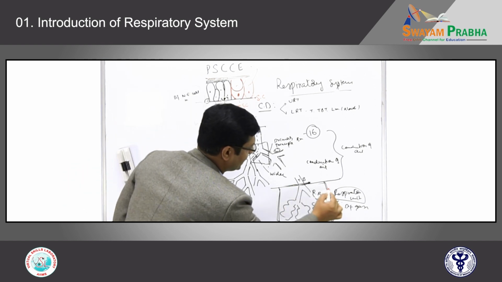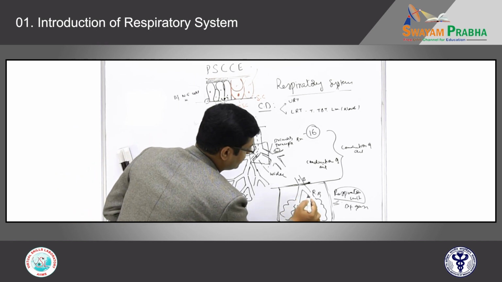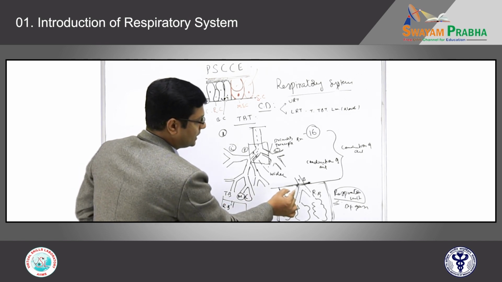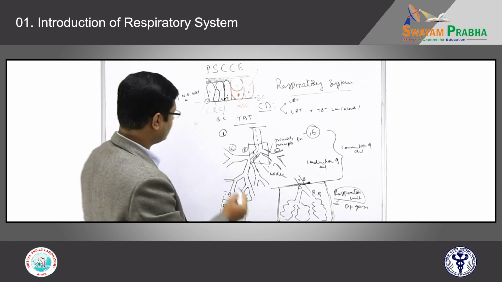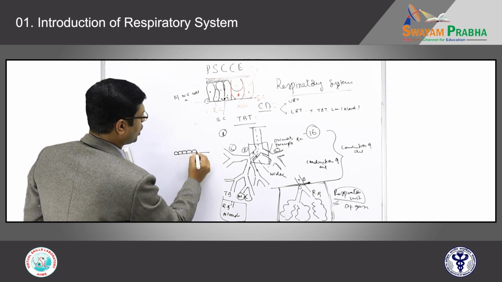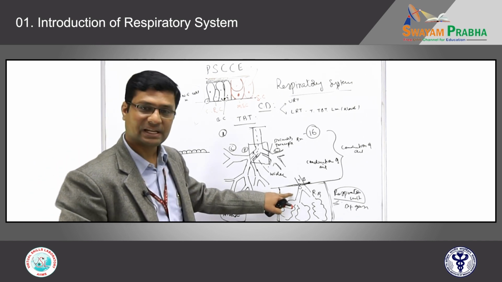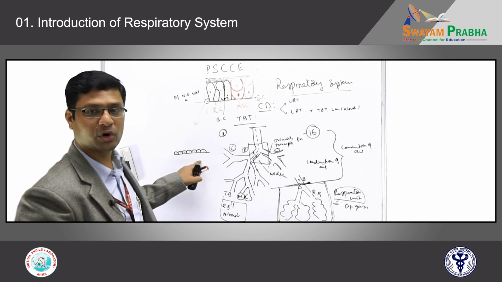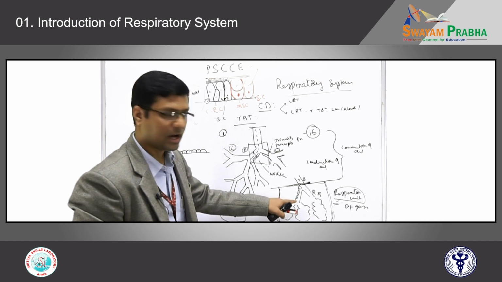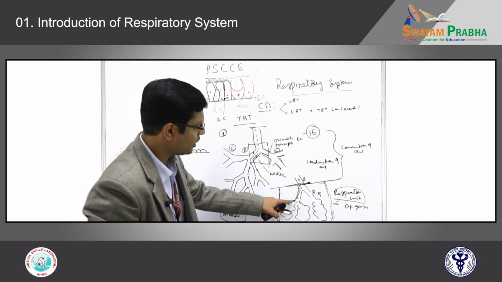Let us see what exactly happens at the respiratory unit. So, as I told you earlier, a respiratory unit consists of the respiratory bronchiole and alveoli unit. The terminal bronchioles and the respiratory bronchioles are lined by simple cuboidal epithelium with a nucleus in the center. You will not have any ciliated epithelium here, they are just lined by simple cuboidal epithelium. And afterwards, the final branches of the respiratory tract are actually lined by all these alveoli.